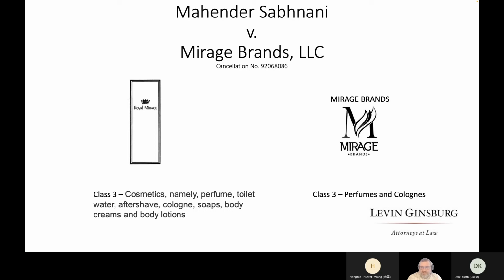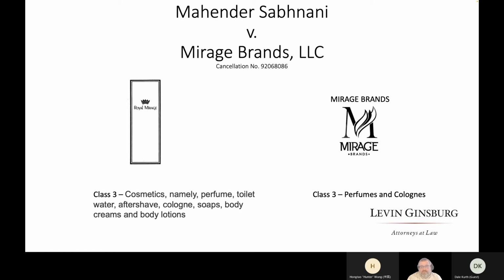It's certainly in the largest print in their logo, apart from the M logo, but certainly Brands is a diminished word. They were focusing on the differences between Royal Mirage and Mirage Brands, and the factors here are